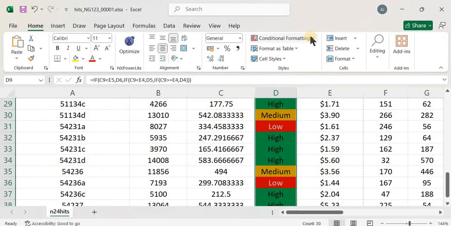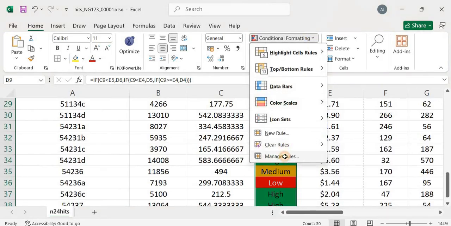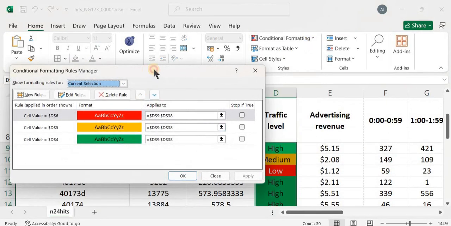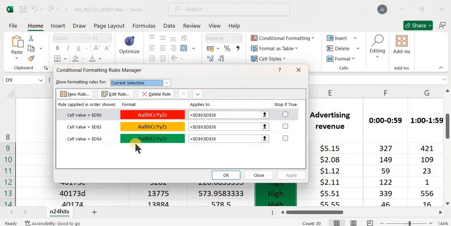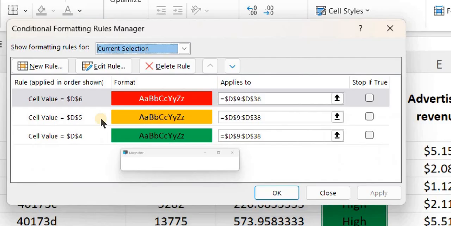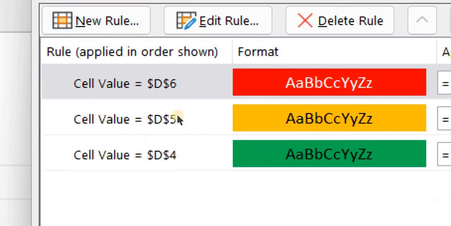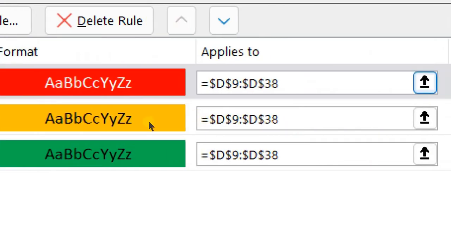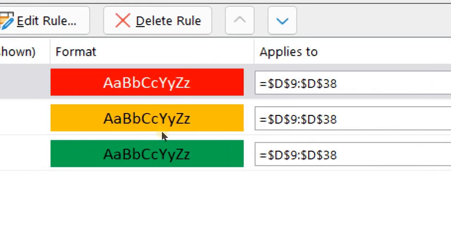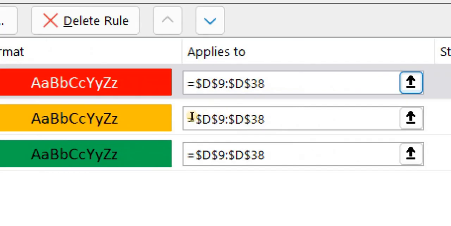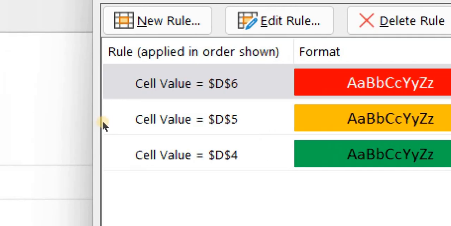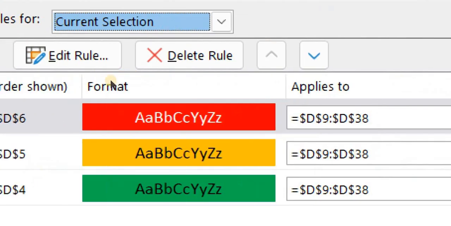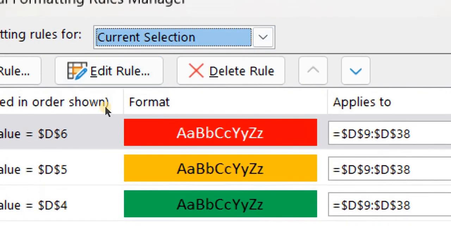So once again, just go back to what I did here, manage the rules. Let's take a look. It's a formatting set. Can I zoom in so you can see? Here we have the values. Okay, this is the set, and we have the rule. The formatting, we have the set applied to. We have it, so you can see high, medium, and this. So this is basically what needs to be seen in that